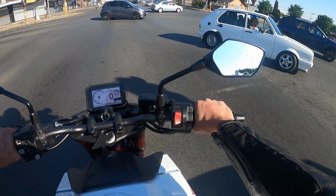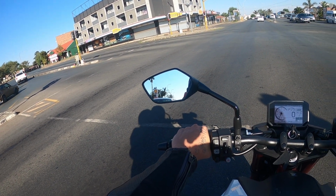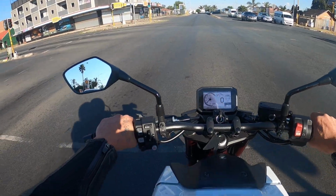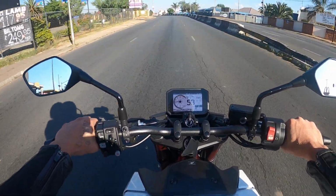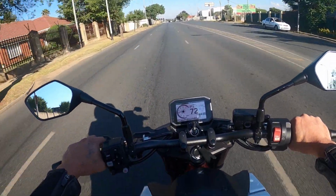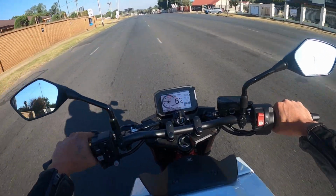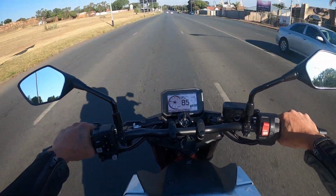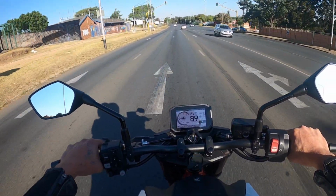Obviously, you guys know, we don't exactly play around with these bikes when I test them, neither I nor Jono. We try and push the bike as far as we can in a safe manner to test every single aspect of the bike. And this bike outperformed in every single way, but more so specifically in the fuel efficiency sense. 5.1 liters to 100 k's pushing it. Personally, I think if I rode it a bit more civilly, like an everyday commute, I'd probably get it to about 4.8, maybe even 4.5 liters to 100 k's, which is really, really fuel efficient. And at 179,999, call it 180k,